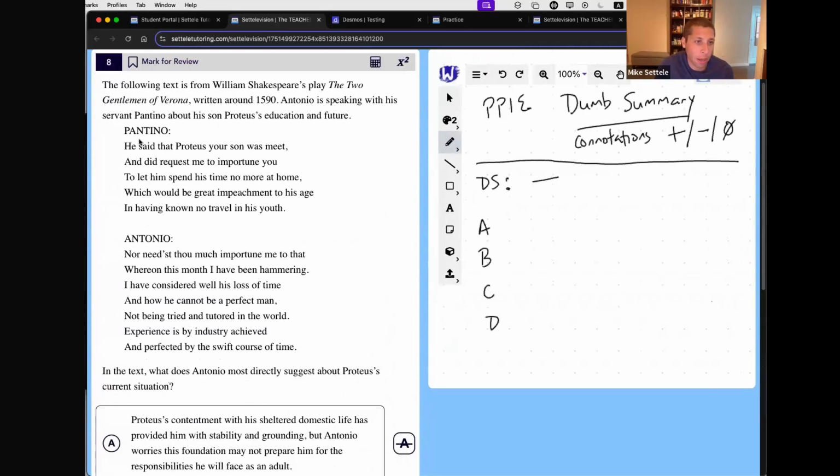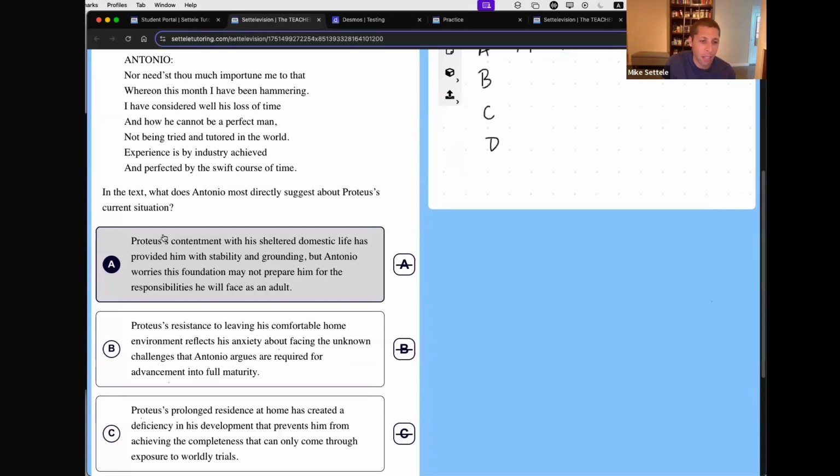I could go back to this part about Proteus and what he was saying. Does he sound positive here? Does it seem like Proteus is positive and Antonio is sour on this? I don't know. Seems like he wants to get out, spend no more time at home. So he doesn't seem content. So just like that, there's a lot of words in this choice, but it's like two or three that matter. These are what I often call strong words, right? The words that kind of pop, that carry a lot of meaning. That's what we want to train ourselves to notice.